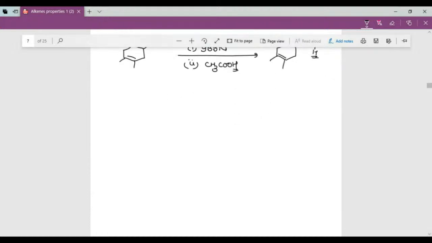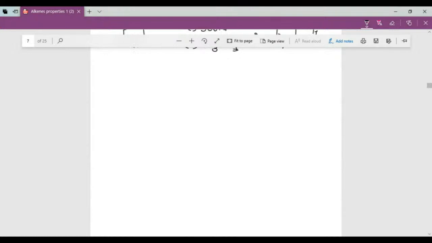Important point: anti-Markovnikov addition of water, and overall it is a syn addition reaction. These two you have to keep in mind very, very clearly. Okay, let us move now to the next reaction, called